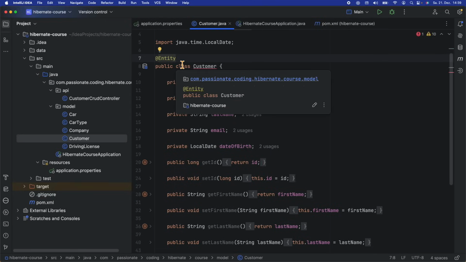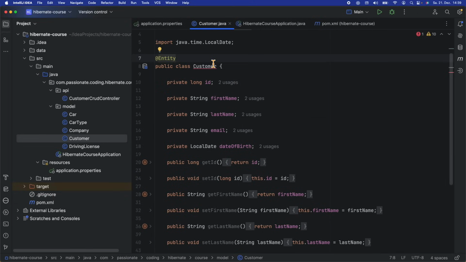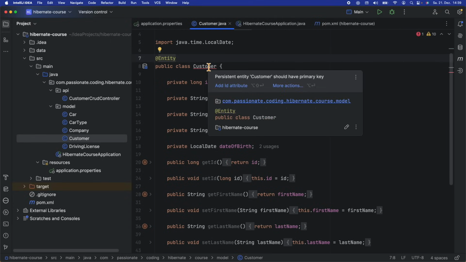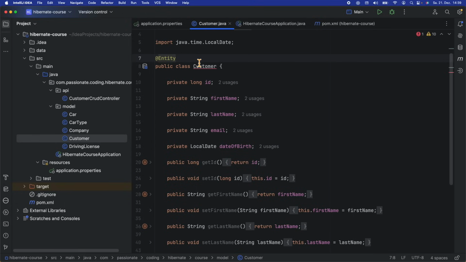And this annotation tells Hibernate that this entity is somehow relevant to Hibernate. It should consider this entity. We can already see that our IDE is complaining, and it says persistent entity customer should always have primary key. This is because when we want to save,